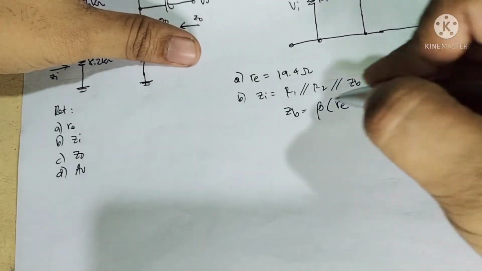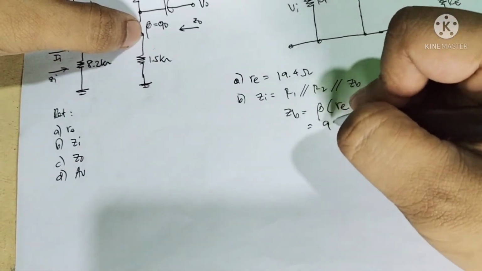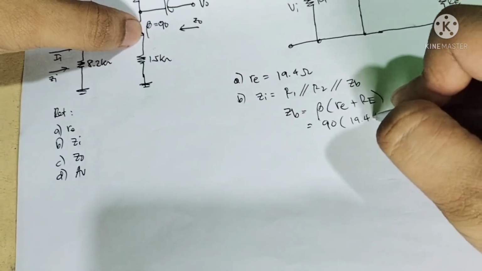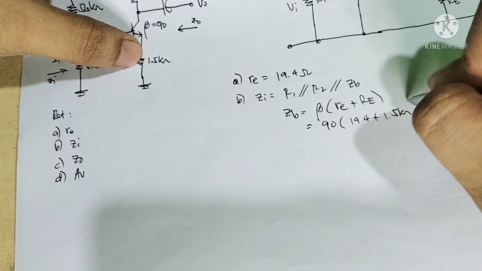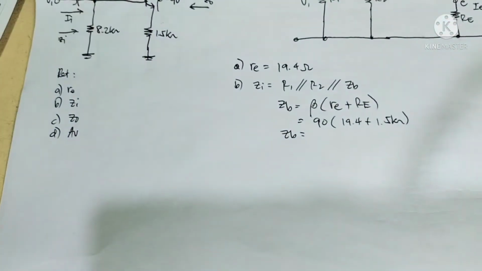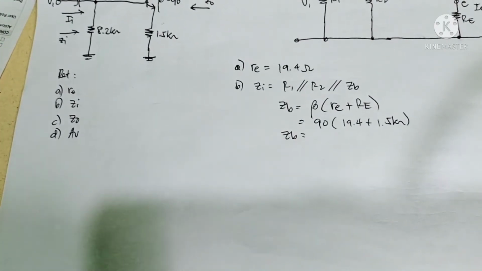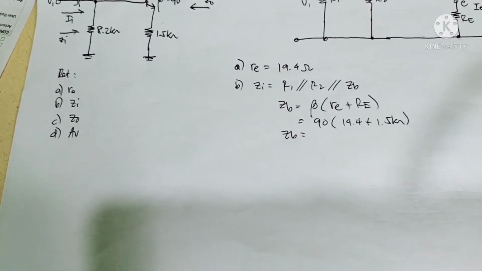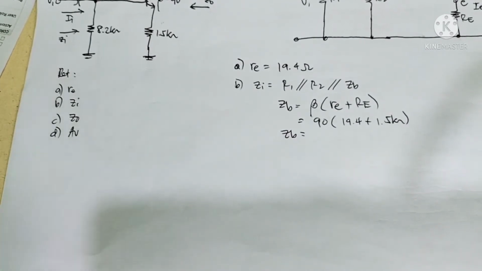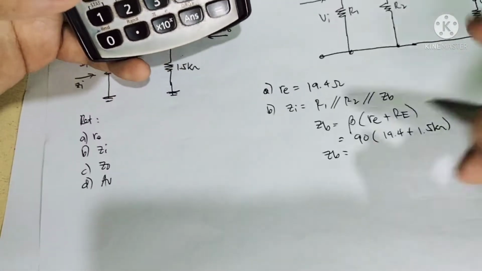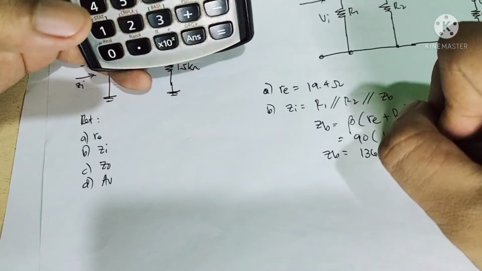Since beta is 90, ZB is 90 times 19.4 plus 1.5K. So therefore this will be 136.75